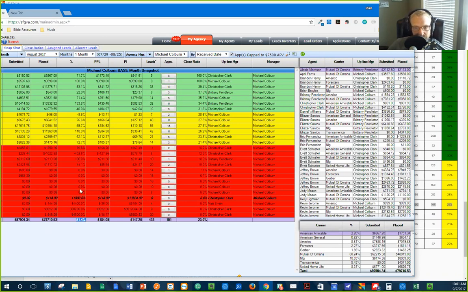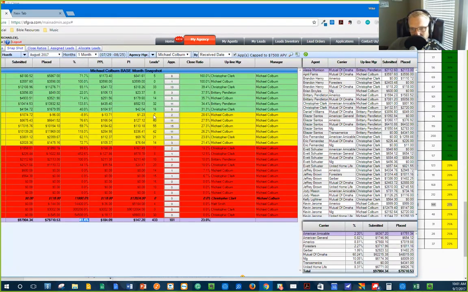And I'm just going to show you guys some of these placed numbers. Let me just kind of go through them. I mean, we've got accolades to this person here. 33 leads purchased, 13 closed. I'll give accolades out, and I won't push people down. So Jeffrey Brown, that's you. 40% close ratio. Great job. Absolutely phenomenal job. Okay.